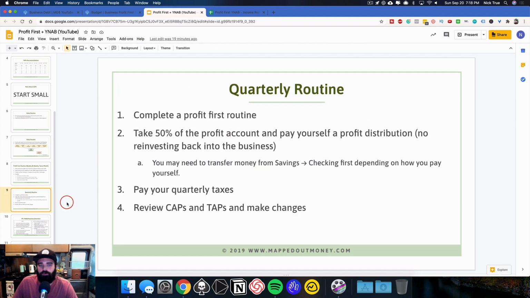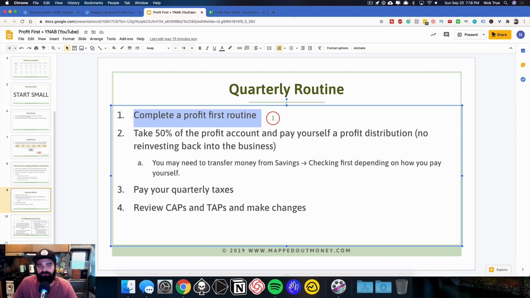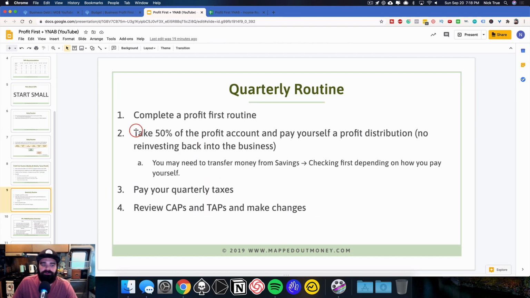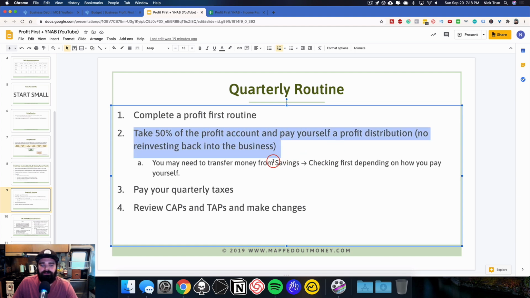Now, let's talk about our quarterly routine. Our quarterly routine is very simple. For the quarterly routine, you're going to complete a Profit First routine first. That's the 4 steps we just went over. Then you're going to take 50% of the profit account and pay yourself a profit distribution. This is all based on the book, of course. We're not going to reinvest this money back into the business. We're going to pay ourselves a bonus for being good business owners and running this business well. So in YNAB, what I do